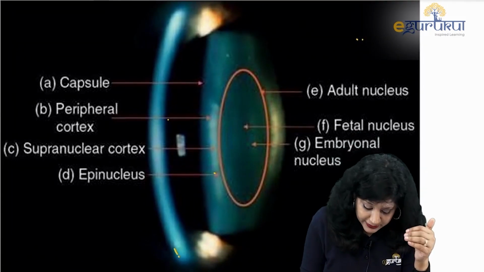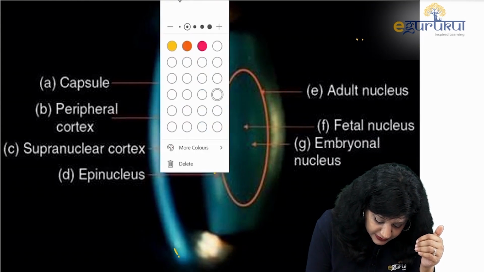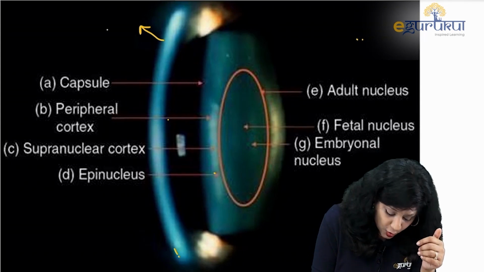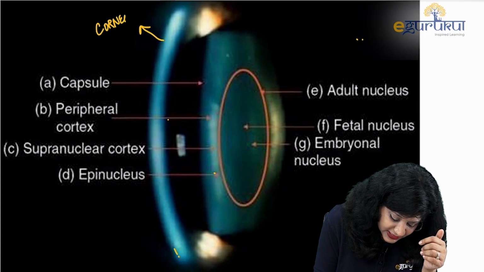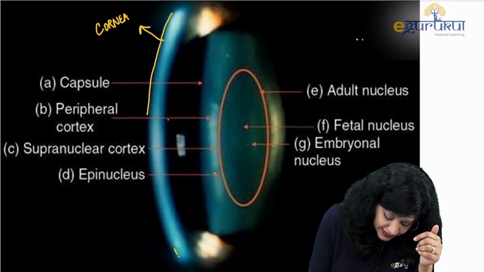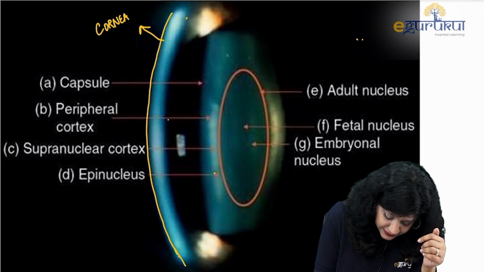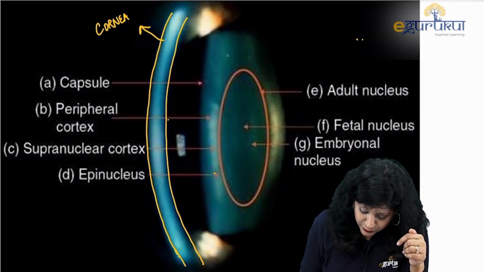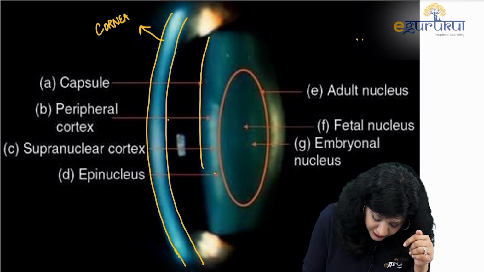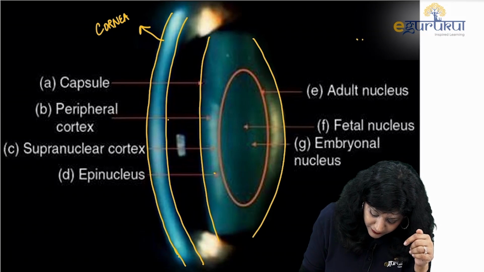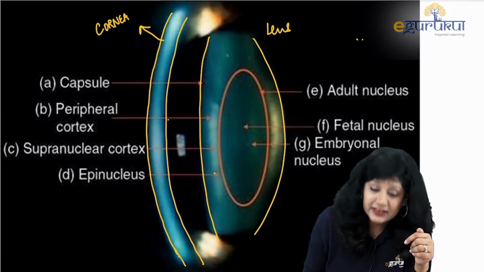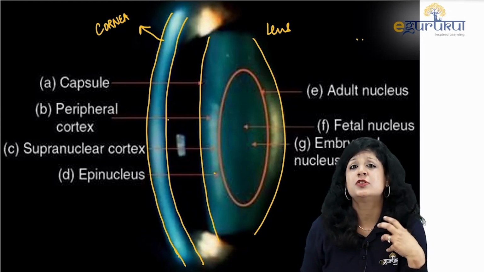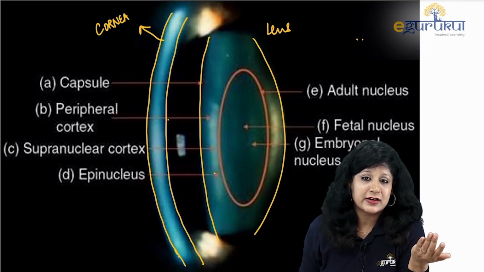section you are seeing. Now the shadow that you see something like this, okay, this shadow that you are seeing is the cornea. Okay, we have got 6 layers of the cornea. So this will be your anterior surface of the cornea, and this will be the posterior surface of the cornea. And on the other hand, if you look at this biconvex shadow, this biconvex shadow is the lens. So I think there should not be any problem in getting this, whether the opacification is on the anterior side or the posterior side.